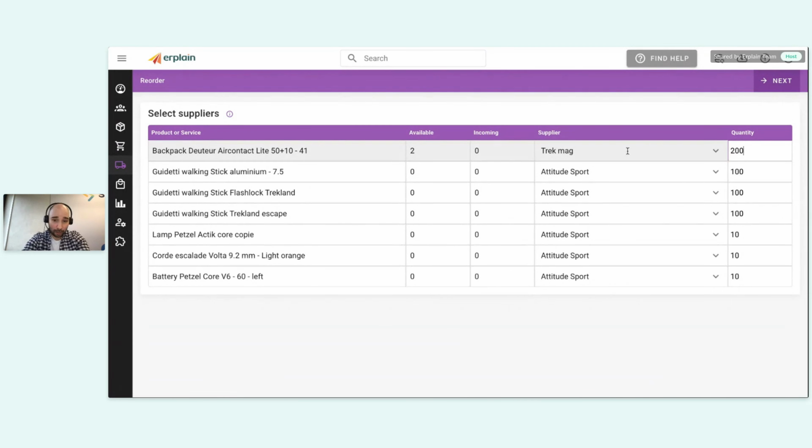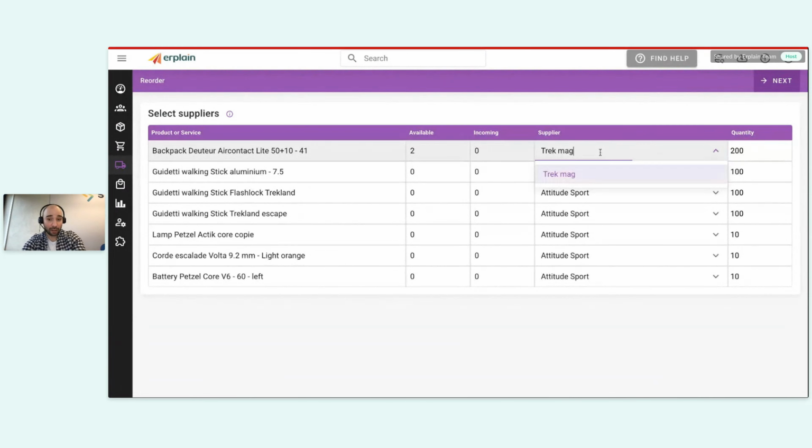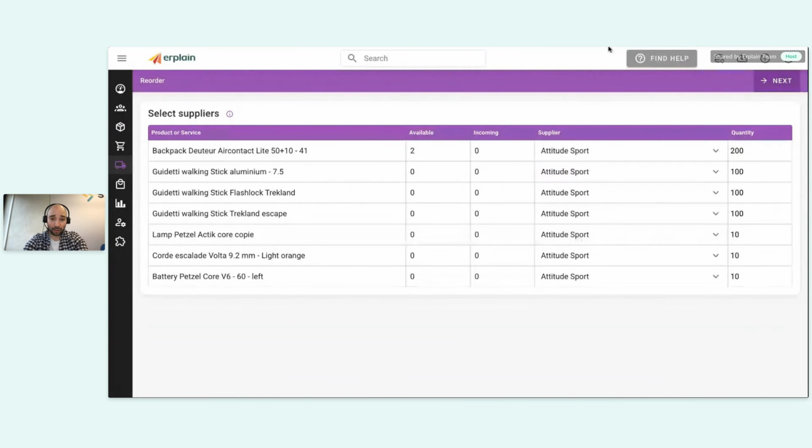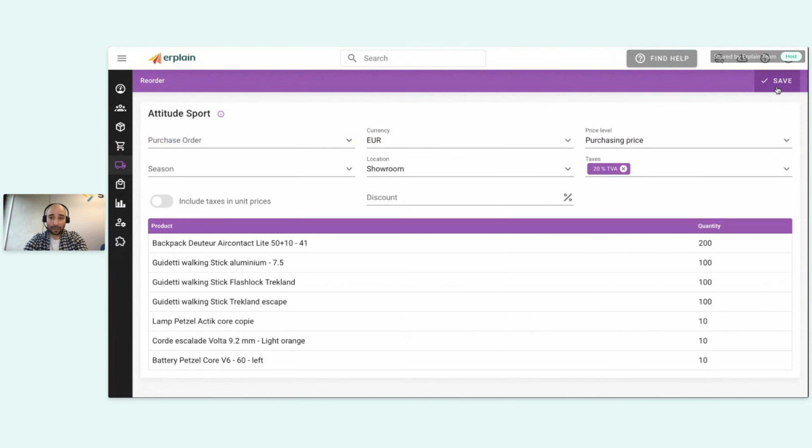Same thing for the supplier. I have suppliers that are already listed here for my products. This is because these are the default suppliers for my products, but I can change that information and order everything to the same supplier. If I click next, I'll just go to the details